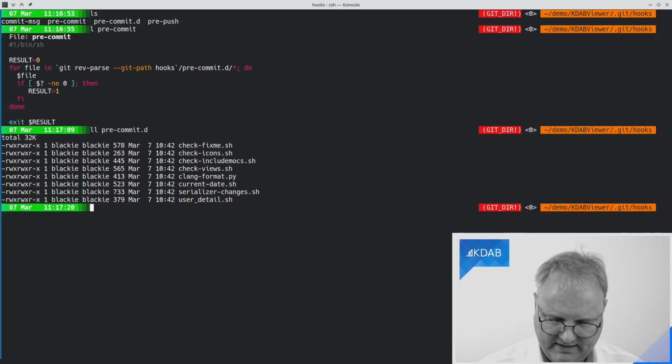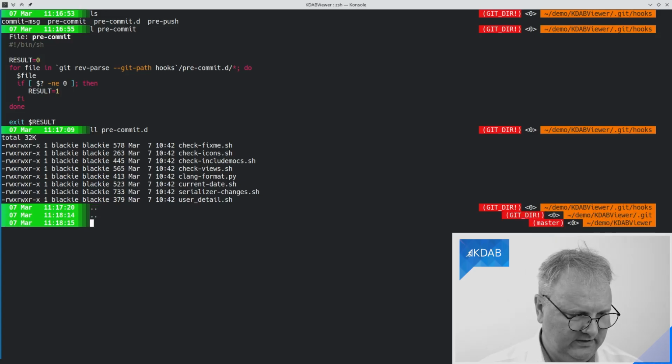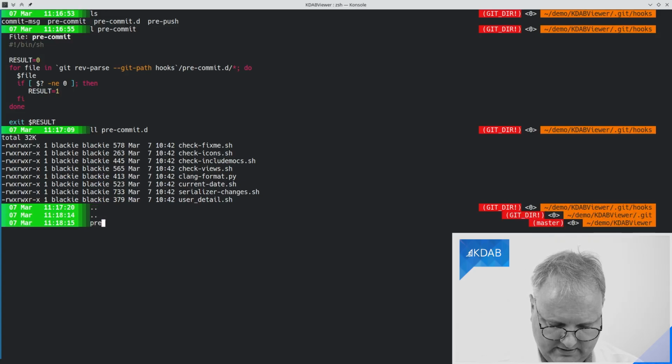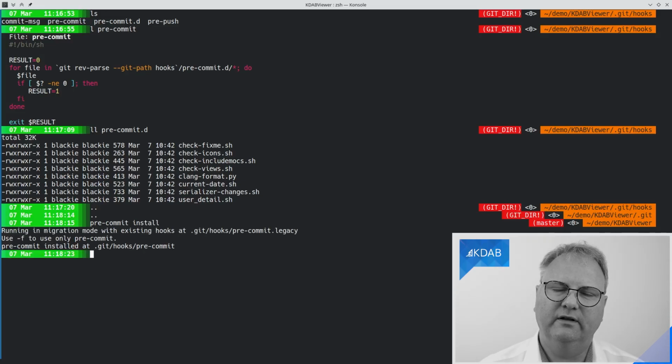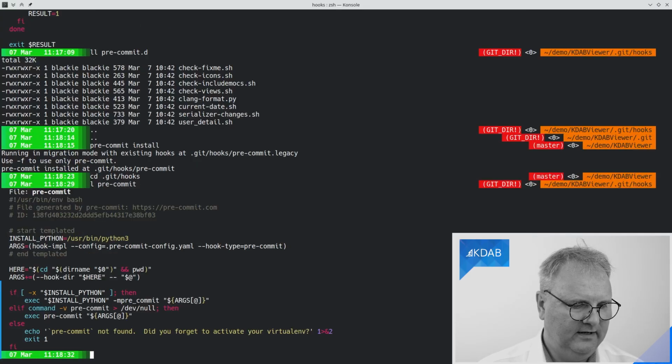But let's go back now to the directory here, and all I need to do is to run pre-commit install, and now it will install the hooks for me. And if I go back into my .git hooks, you will see that pre-commit now is actually running with the .pre-commit-config.yaml file here.